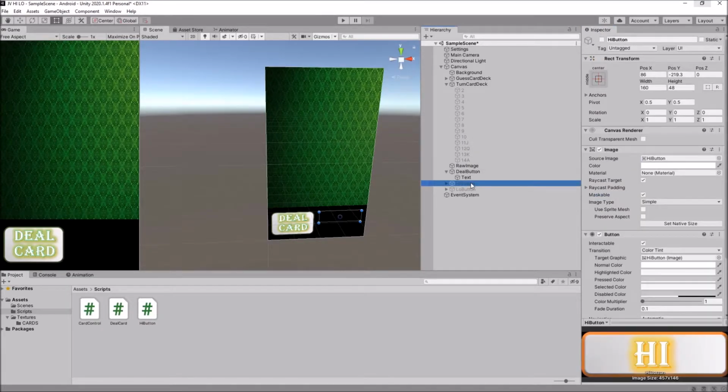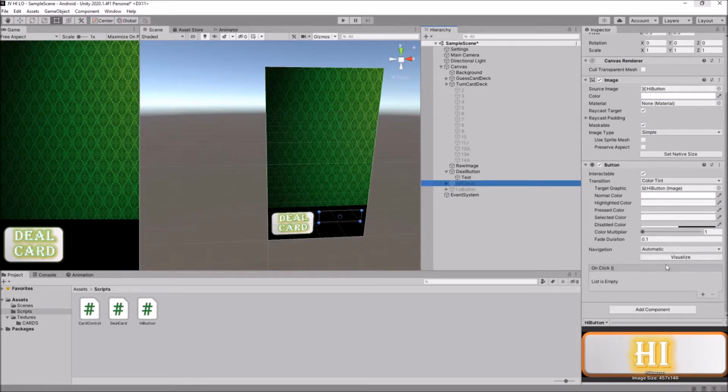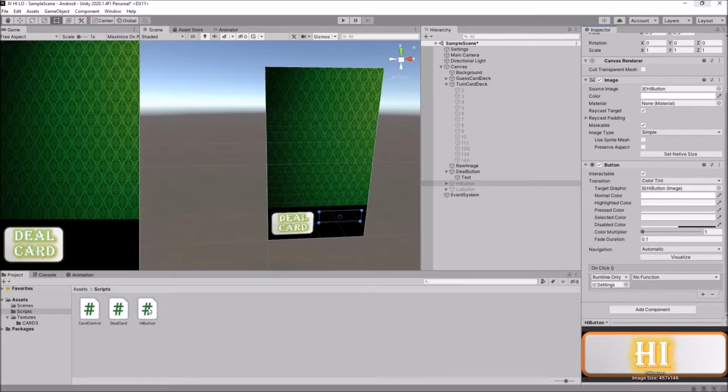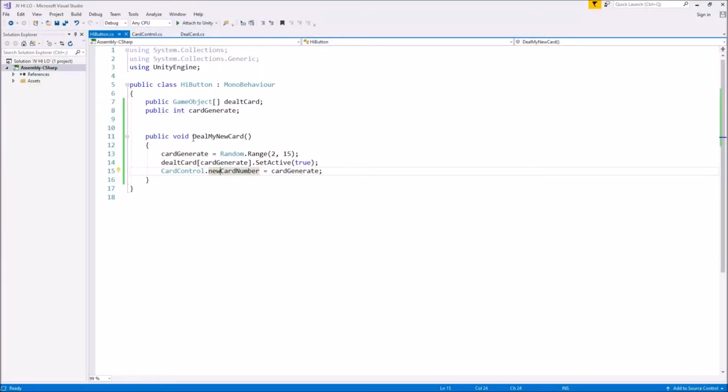So let's go to the high button, and much like we did with the deal button, we click on plus, and we drag and drop settings into the non-object slot, and no function lights up. We go to the drop down list, we'll go to high button, and before we do that, what I would like to do is actually change this. Rather than have deal my new card, let's have this as deal high card. I think that's probably a little bit more sensible given what we're doing here. So deal high card,